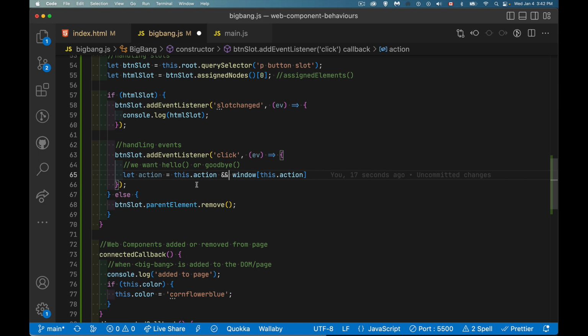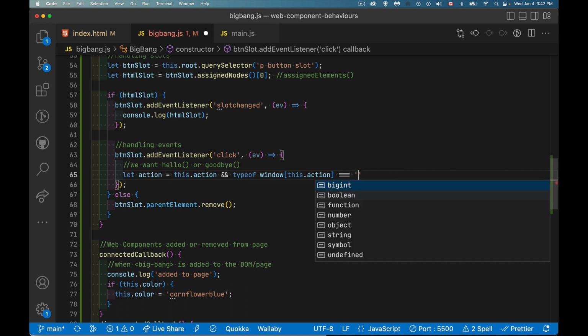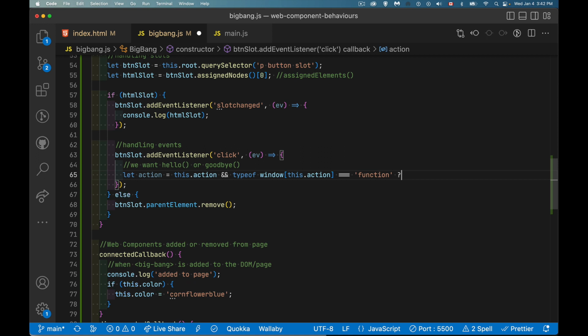but really, we're already checking to see if there's something for the string. What I want to know now is if window this.action. So on the window object, something called this, assuming that this is not null or empty or undefined. So look on the window object and get the type of that thing. If it is equal to function, what we want to do is that is going to be the function that we're going to call. So I'm going to say window this.action,